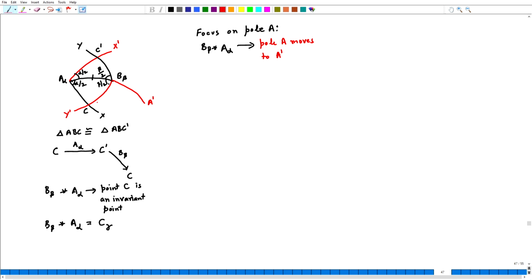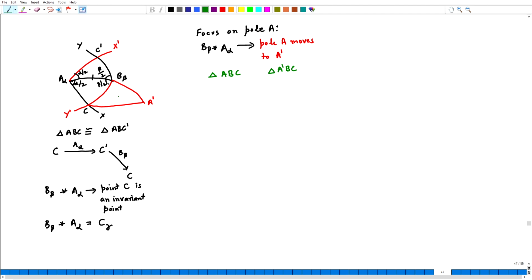So, this is my third or fourth whatever, I am going to join it with a great circle. So, A prime C. Now, consider the triangles, in this case ABC and the triangle A prime BC. So, triangle ABC and A prime BC, let us see what we can tell about them.